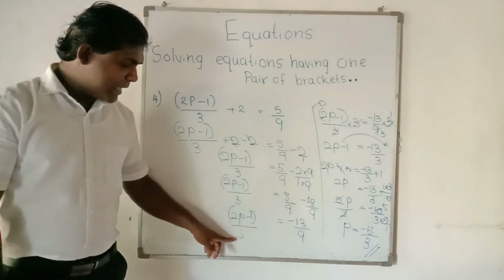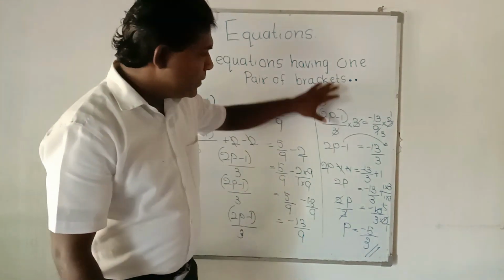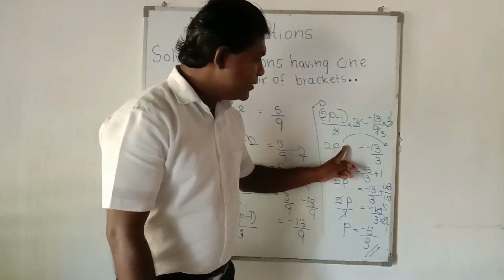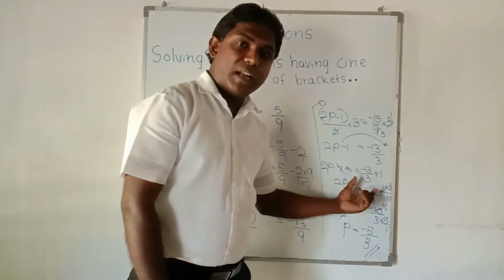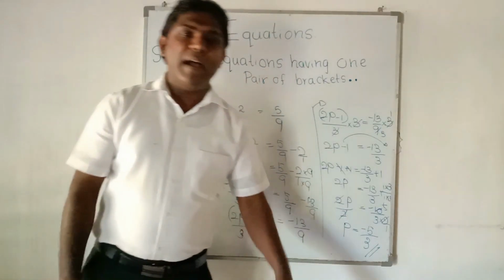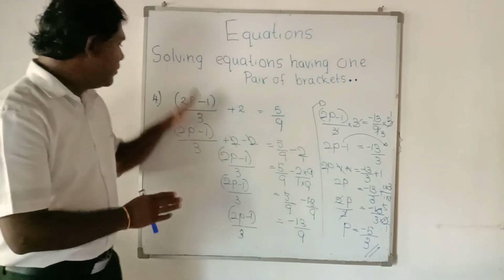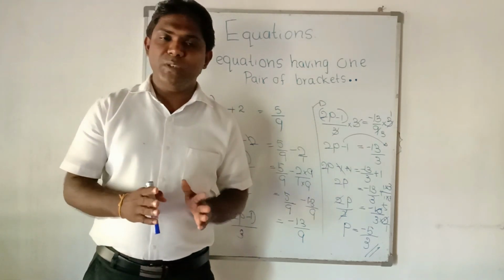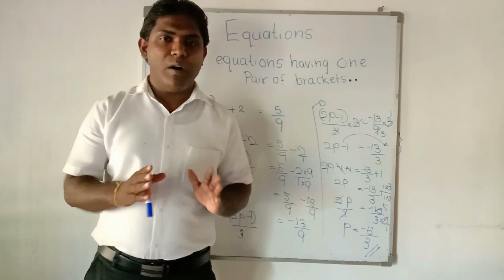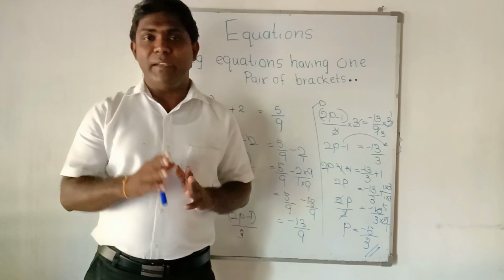Then 2p subtraction 1 divided by 3. Okay, then here multiply by 3. Then this minus 1, because of addition 1. Okay, like this. The final answer is p equals minus 5 upon 3. Please observe and study very well these 4 examples. Okay, my dear student, now the lesson equation of grade 8 is over. You can do any example relevant to grade 8.